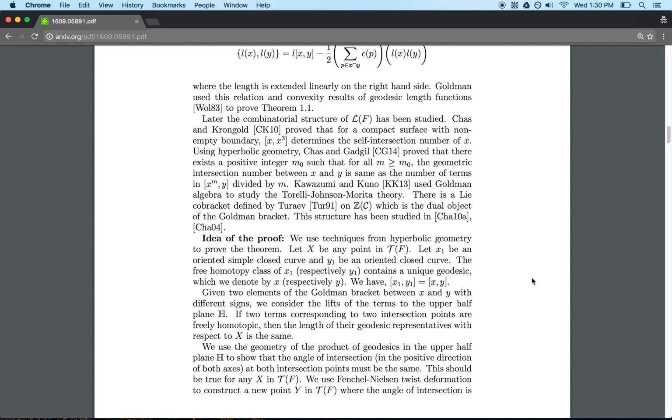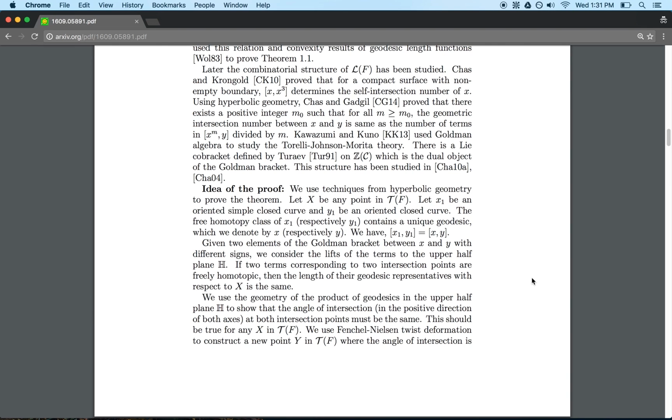Idea of the proof. We use techniques from hyperbolic geometry to prove the theorem. Let capital X be any point in capital script T of capital F. Let x sub 1 be an oriented simple closed curve, and y sub 1 be an oriented closed curve. The free homotopy class of x sub 1, respectively y sub 1, contains a unique geodesic, which we denote by x, respectively y. We have the bracket x sub 1, y sub 1, which is equal to the Goldman bracket x, comma y. Given two elements of the Goldman bracket between x and y with different signs, we consider the